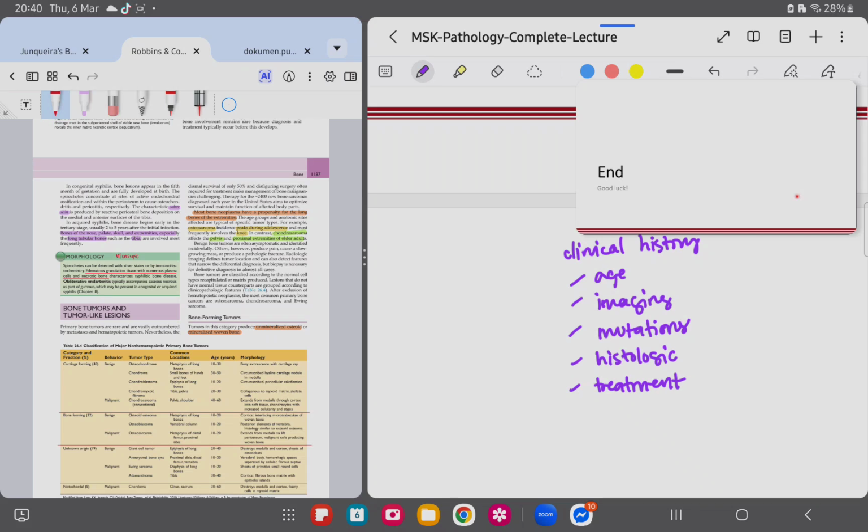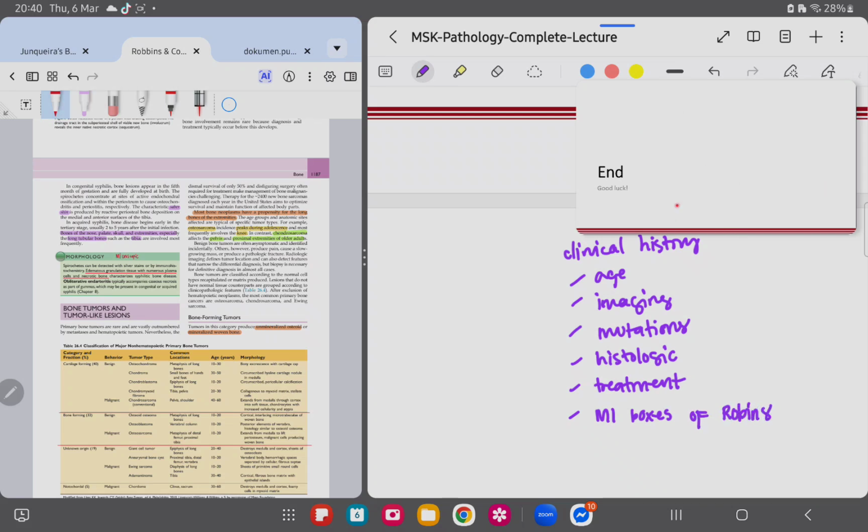Okay, so those are the things that you have to be familiar with. Use my PowerPoint. I sent it through Daniel as a guide, and try to read up on the most important portions of Robbins. And again, by now you should have finished reading Robbins, and what you have to be reading now will be your notes and my PowerPoint.